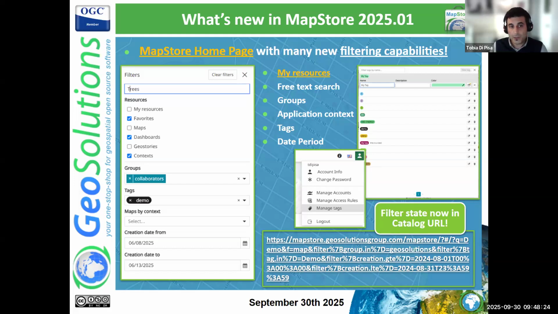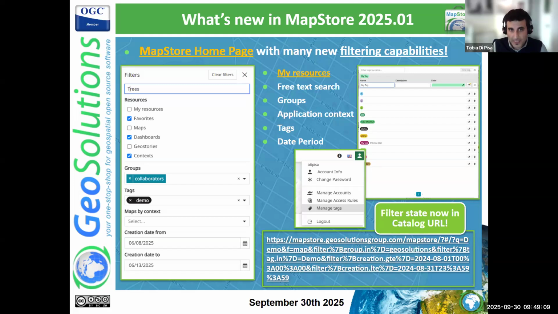Overall, the usual free text search is still available, but many other filtering options are now available within a more advanced filtering panel, which opens on the left of the home page, such as the ability to filter by my resources I created, the possibility to filter by groups of users, which means basically resources having read-write permissions assigned to certain groups, the possibility to filter by creation date,